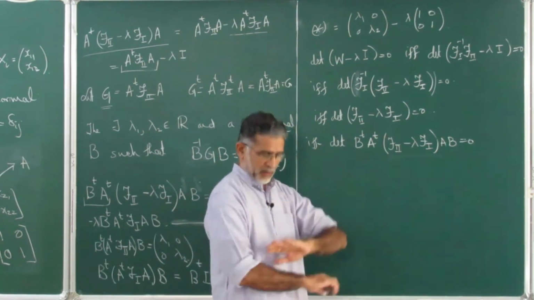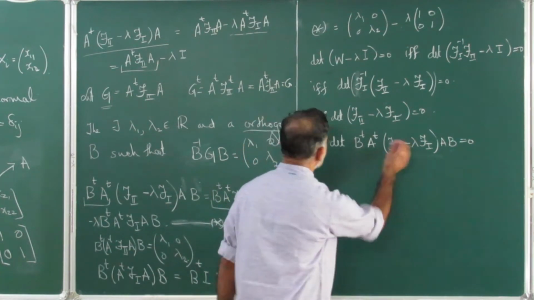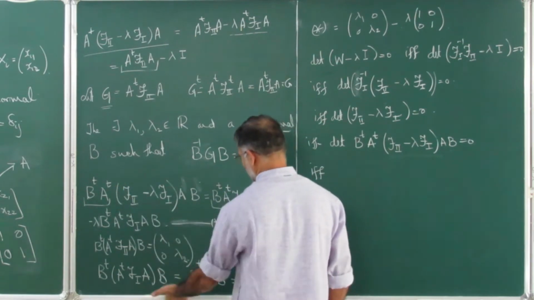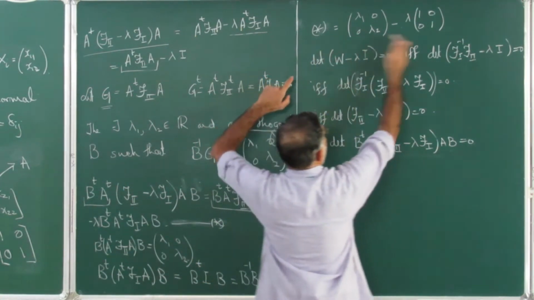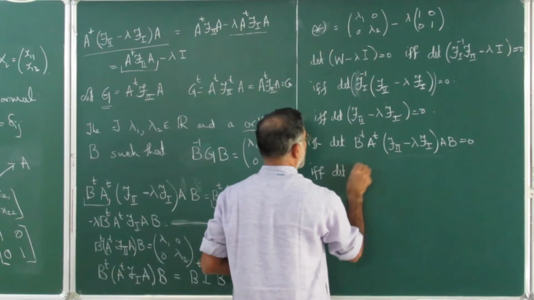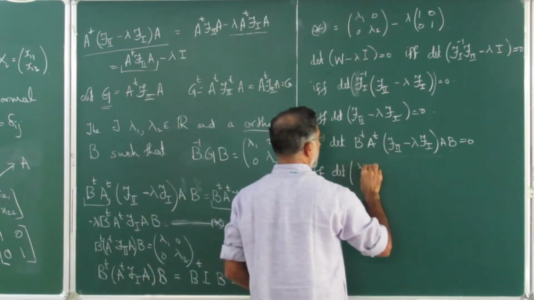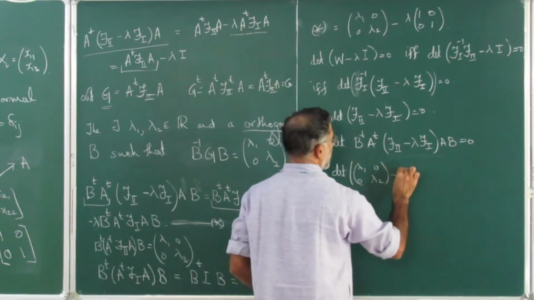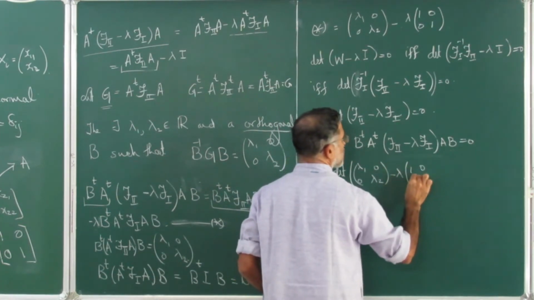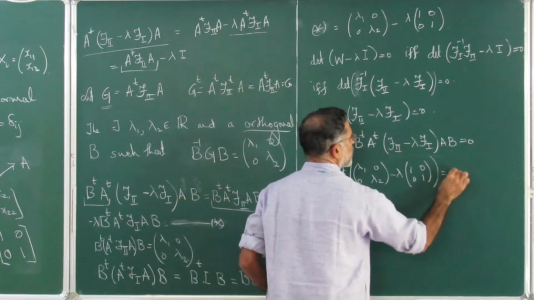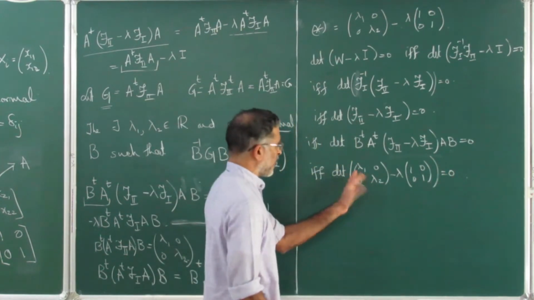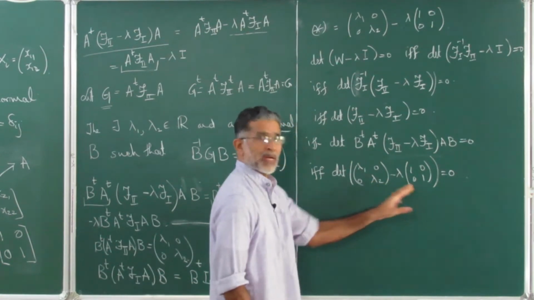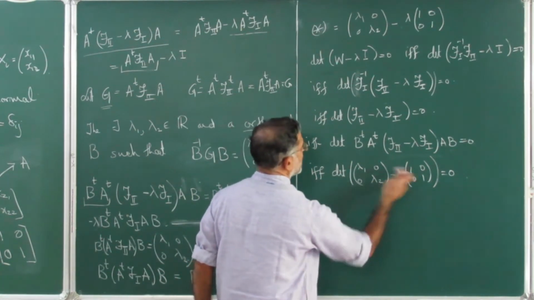We are still working with the same thing. And what is this? This if and only if. That's what we have found out. This equation brings it down to this guy. The determinant of whatever we have seen here, lambda 1, 0, 0, lambda 2 minus lambda, 1, 0, 0, 1, is equal to 0. But when can this be 0? What is this? This is nothing but lambda 1 minus lambda, lambda 2 minus lambda. So what is the determinant of this?